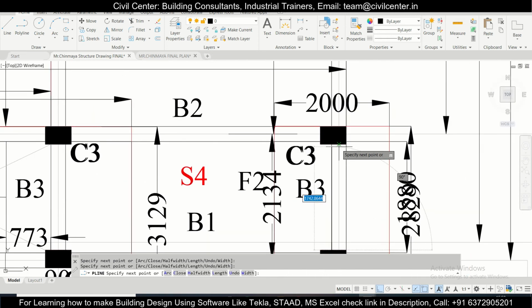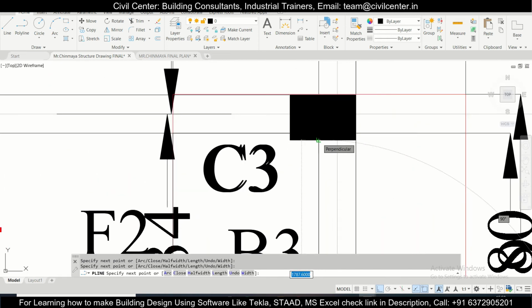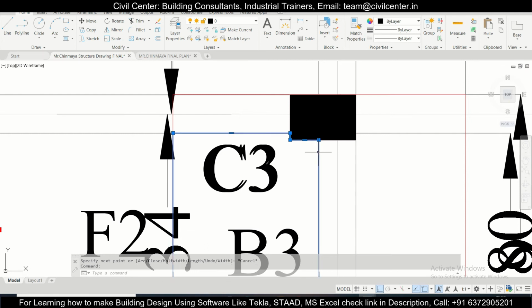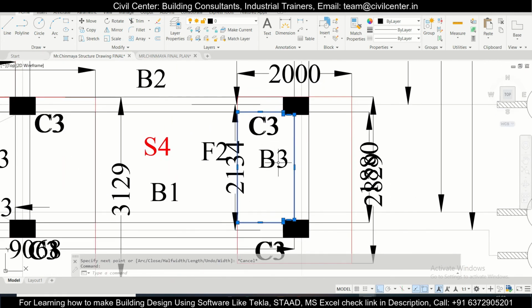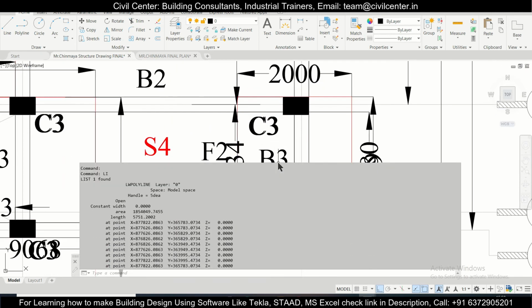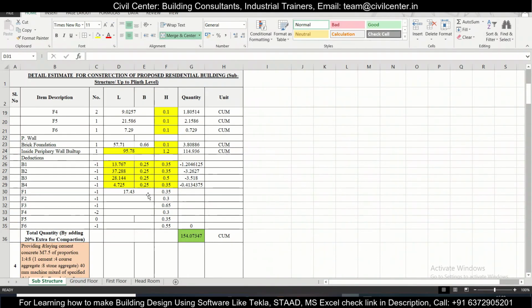For normal calculation you can avoid this particular thing as well. Okay, this one is the portion, Li, enter, it will be around 1.85. So for F2, 1.85 portion will be deducted.